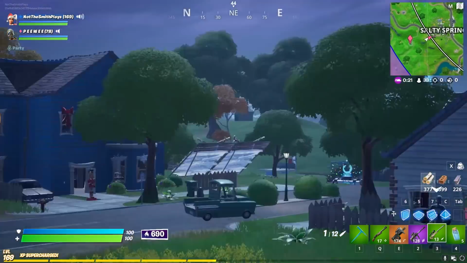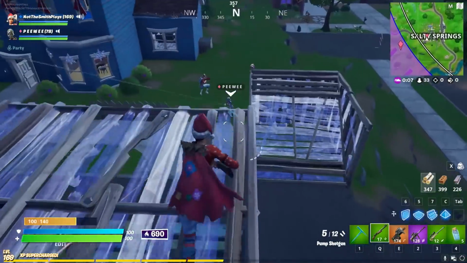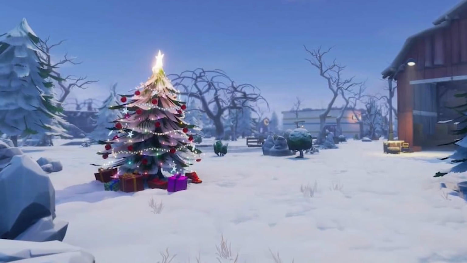What's up? So after what feels like weeks, if not months, it seems like Fortnite has finally come out with a big update. And ladies and gentlemen, this is actually the big Christmas update. So this update came with a few significant map changes, including snow and lights on bushes, but the most notable